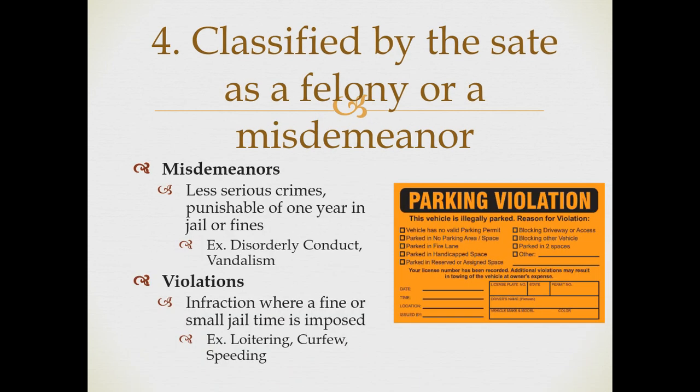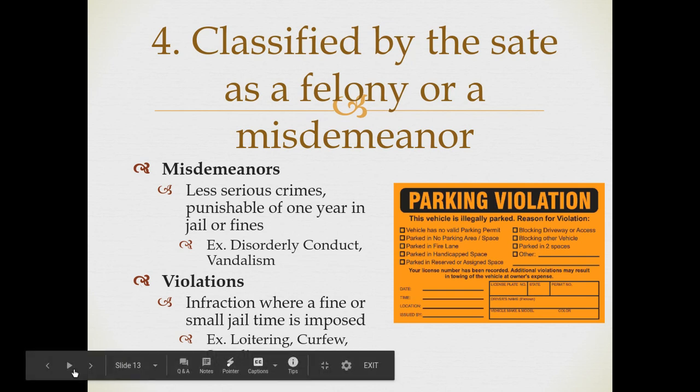Now, the other one is called a misdemeanor. This is less serious. This usually involves cases such as vandalism, disorderly conduct. DUIs or OWIs are considered to be misdemeanors. You can spend usually up to a year in jail, or you will most likely get tagged with a fine for that. The last type is called a violation. This is types of crimes where just a simple citation is imposed. Those of you who've gotten speeding tickets or loitering tickets, curfew tickets, you committed a violation.